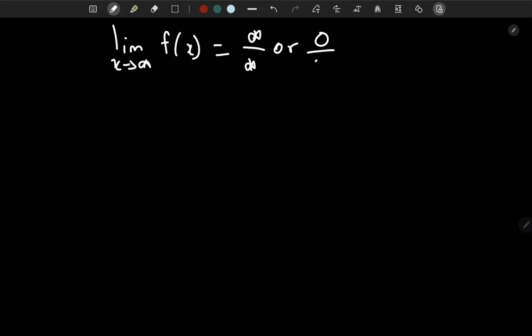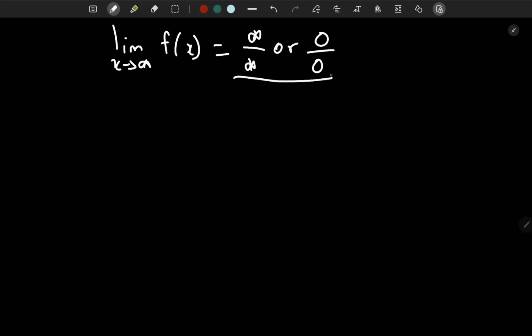So in this video, we'll be going over L'Hopital's rule. So the first question that comes to mind is, what is L'Hopital's rule and when do we use it? Now, when we have a limit, let's say x is approaching infinity, and we have some function f of x, and if we use direct substitution here and we are left with, let's say, infinity over infinity, or we have 0 over 0, this is when we use